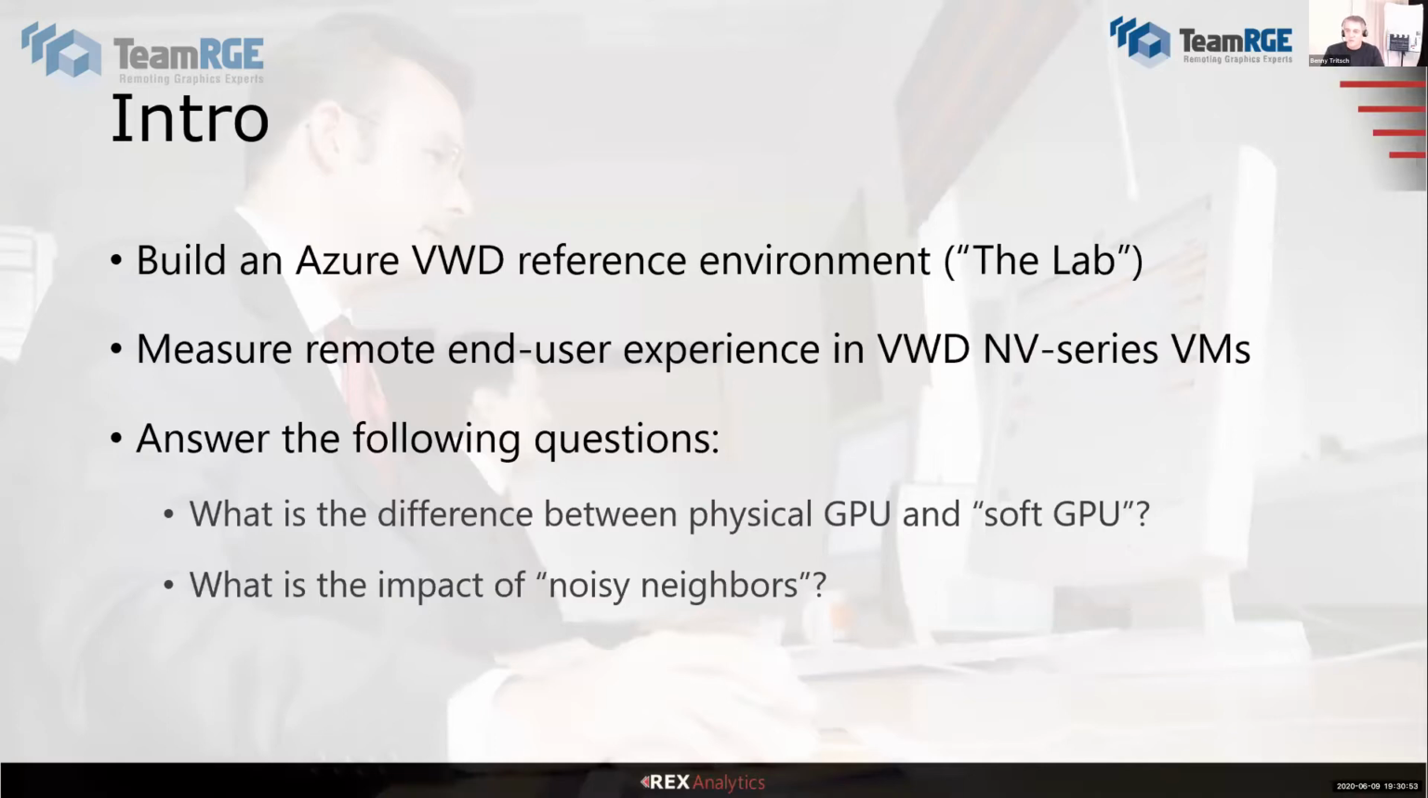What is the difference between a physical GPU and a soft GPU? Soft GPU is the term that Microsoft uses when the CPU emulates the GPU. This is when no GPU is present, but many of the applications expect a GPU to be present, so the CPU just emulates the GPU. And then we want to find out what the impact is of noisy neighbors that we add to a multi-user